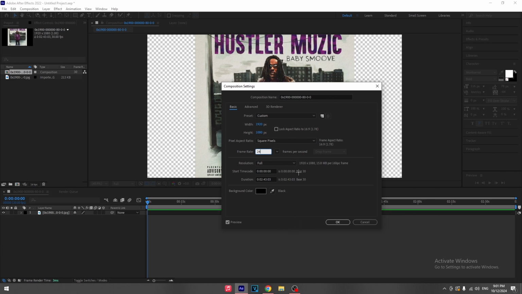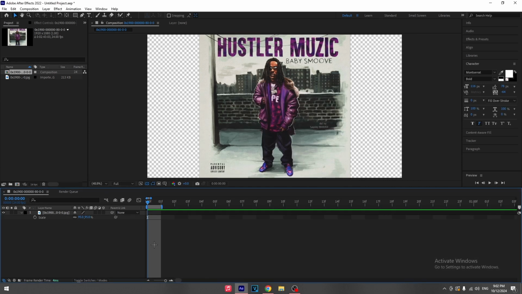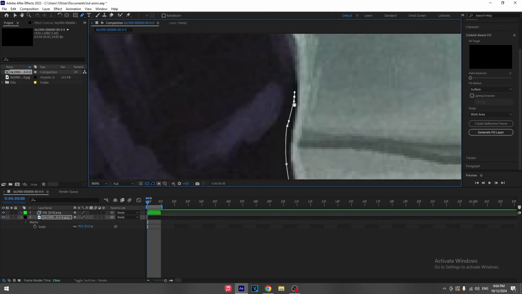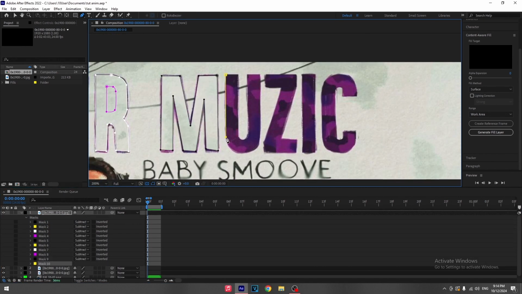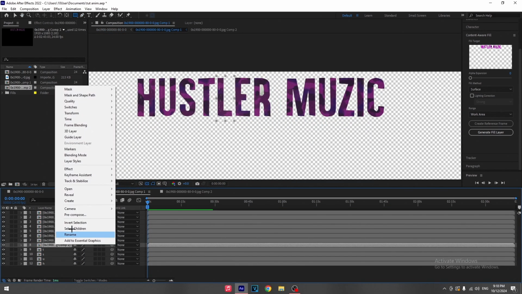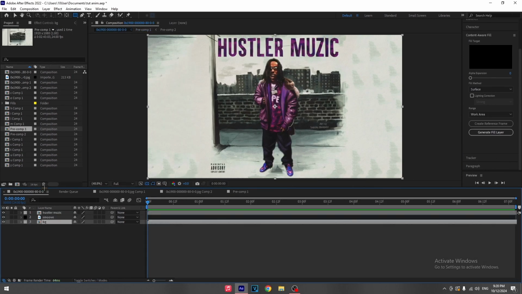These are my settings right here, feel free to copy them. Alright, so what I'm gonna need you to do is to mask out your subject and content fill the background. Alright, so after you mask out everything, I'm gonna need you to go into every layer one by one and